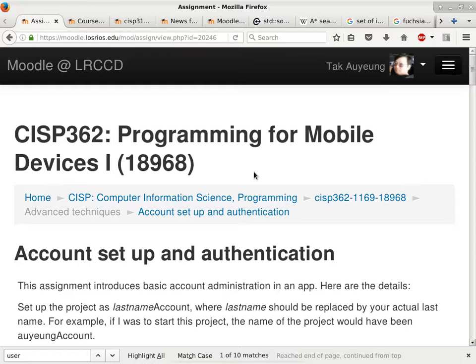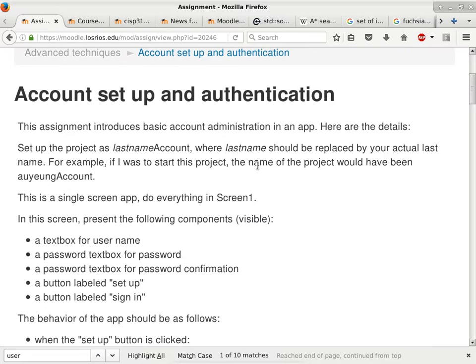Okay, if you need to deal with multiple users, you can borrow the concept and use a list to maintain information for multiple users. Okay, so this is really, really basic, but it gives you an idea of how to do it. Okay, so the first thing you want to do is to make sure you set up the project correctly,